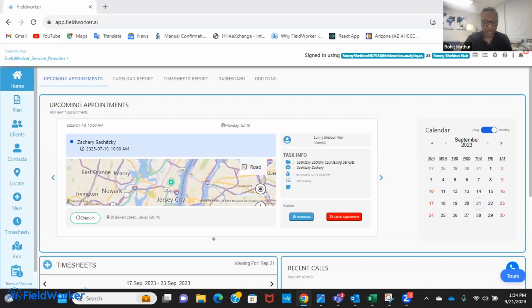Yep, excellent. Another question on the prior auth: do we have to manually enter prior auth information into the system, or is that process automated? Sunny, you want to talk about that a little bit? Yes. So the prior authorization, currently you can enter a template.